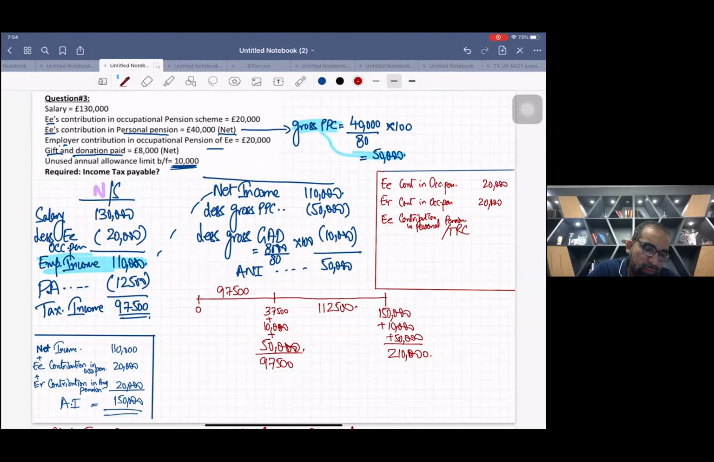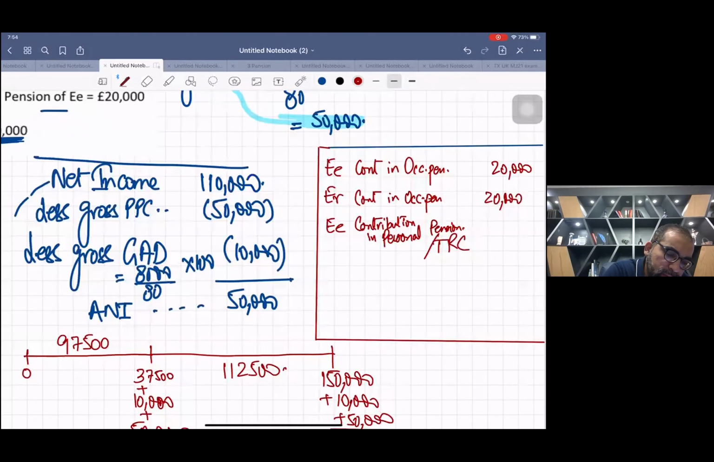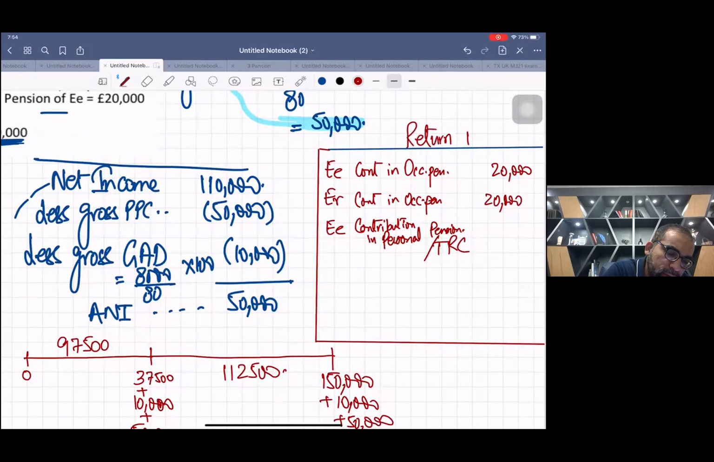Now hold. We were doing this return working. Listen. How many reliefs did we get in this question? First is employee contribution to the occupational pension scheme, yes, we get relief on this. Then employer contribution to the occupational scheme, again we got relief. And finally, through band stretch from personal pension, we got relief of 50,000. So these were our total relief, less